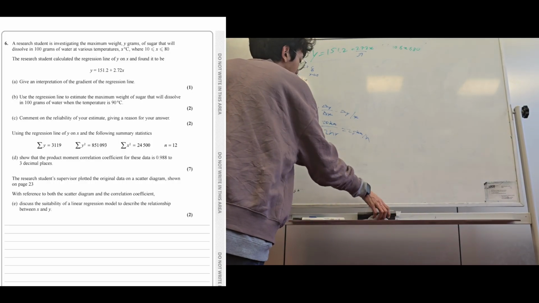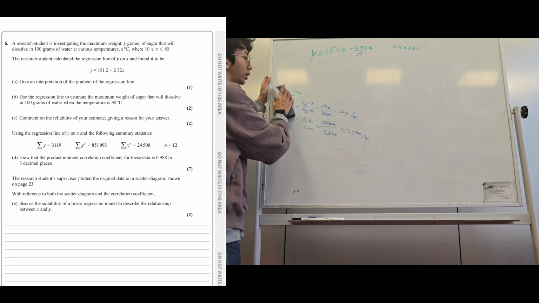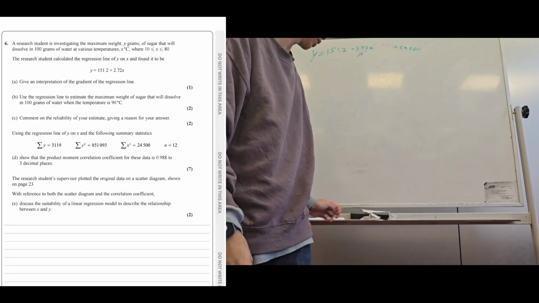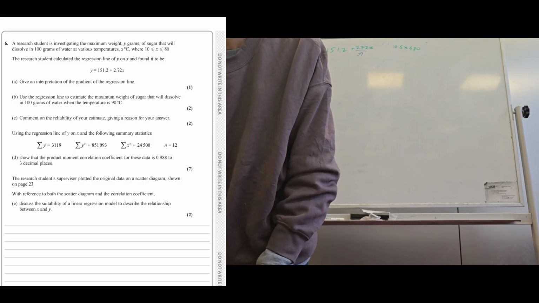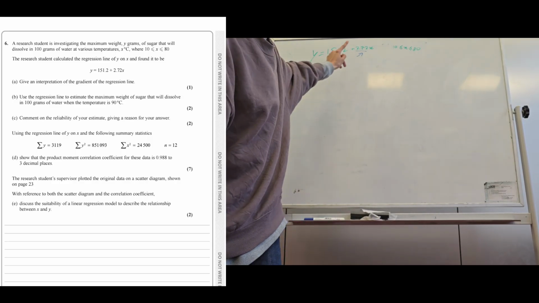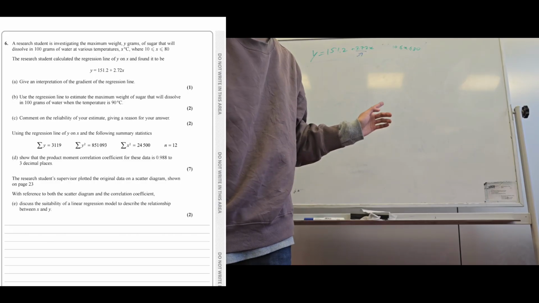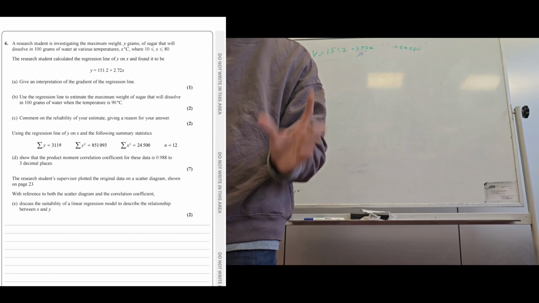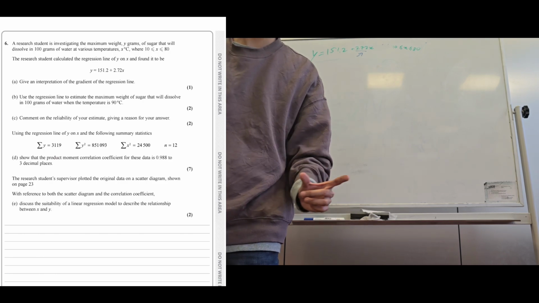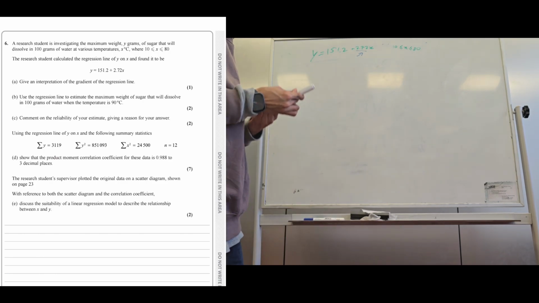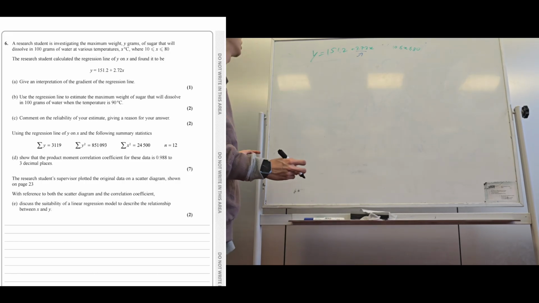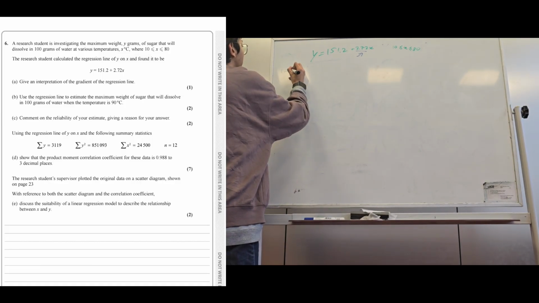So what is our final answer? Our final answer is that increasing the value of x by 1 is going to increase the value of y by 2.72. But obviously, we cannot write just that. We have to include the context of the question. The context is that x is in degrees Celsius, y is in grams, and it is the amount of sugar being dissolved. So the answer is going to be